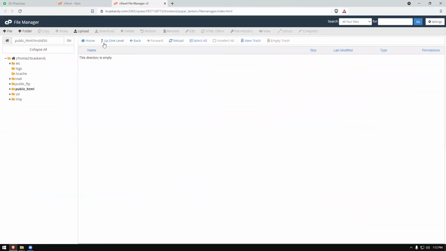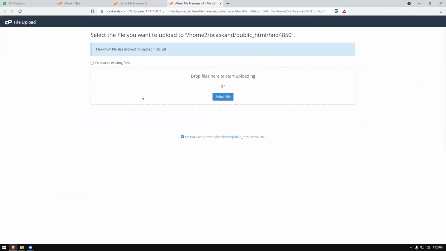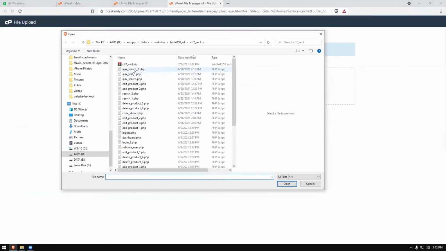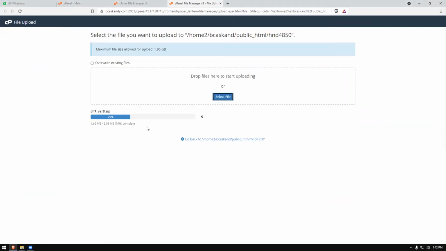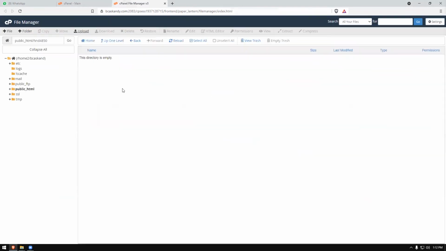So I'm going to come here and go upload, select that zipped file. Same place, zipped file I'm selecting, open it. So it is getting uploaded. It got uploaded, just a 2 MB file, so it didn't take much time. Let it turn to green. Yeah, it's done. Now you can close this window and go back. You can reload this and you will be able to see the file that you uploaded.